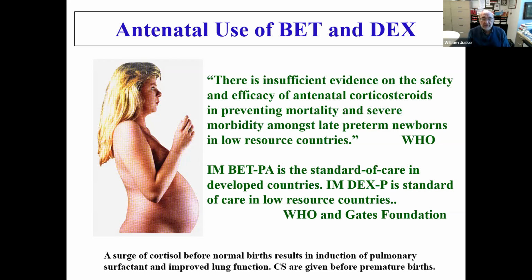So why is that? Well, the beta phosphate acetate mixture, half and half, is an IM dosage form. It's not available in many countries, in undeveloped countries, but they do have IM beta phosphate. The phosphate acetate mixture is more complicated, it's much more expensive. It's not on formularies, but dexamethasone is much cheaper. It's available. That's what they need to give. That's all they have available.